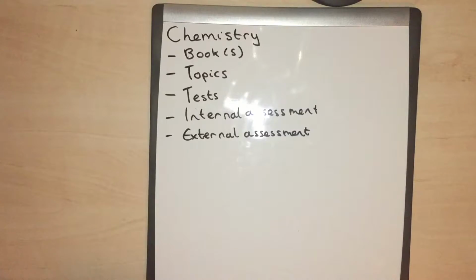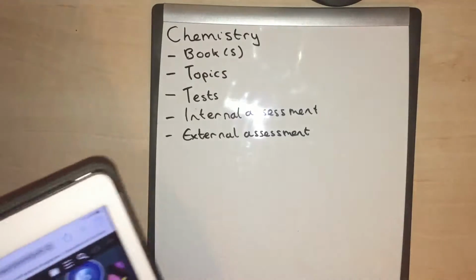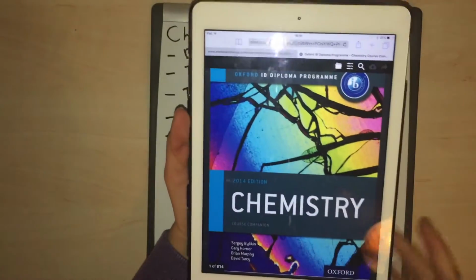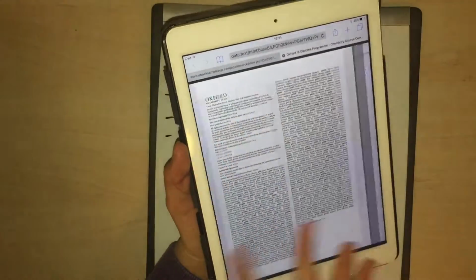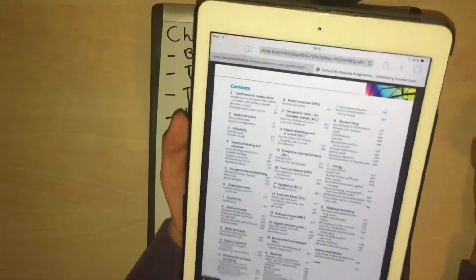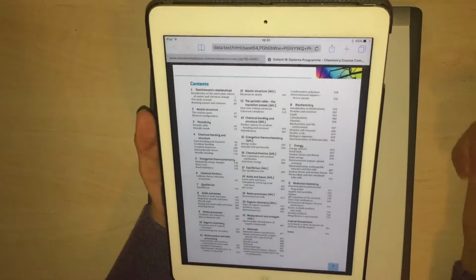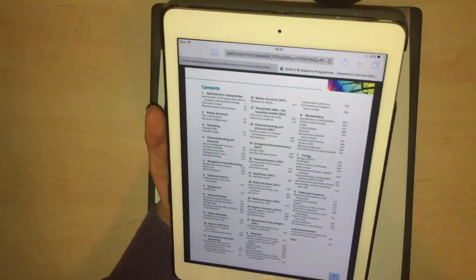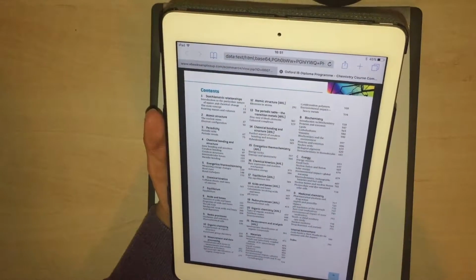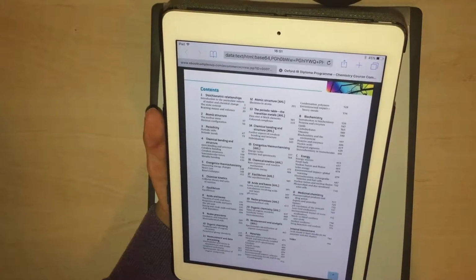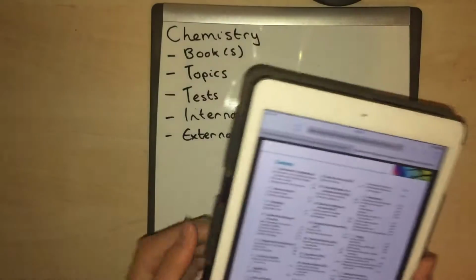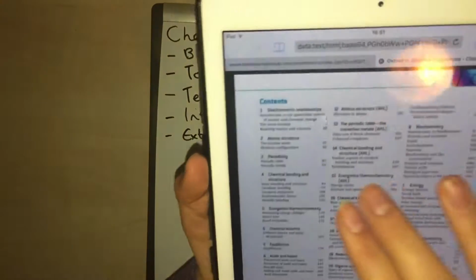I don't have the main book with me right now, but I do have the online version, and it looks like this. This is the front of the book, and it contains all the topics we need for higher level and standard level. There are 11 main topics, and the higher levels all have an additional topic on top of the standard level, but it uses the same knowledge, it just goes way more in depth for the higher levels. The topics are